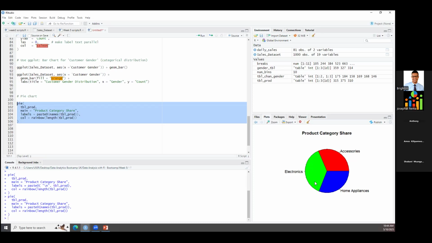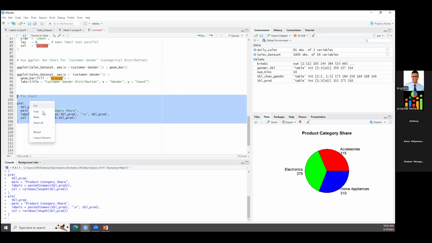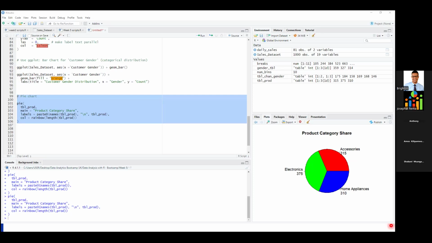And a pie chart is a little bit tricky. Sometimes a pie chart can deceive you. You might think electronics is larger than accessories if the pie chart is a little bit flipped. So that's why it's very important for us to have the exact numbers here. So if you run this, you get the exact numbers as well there. And I'll show you one example where Apple used a pie chart to deceive